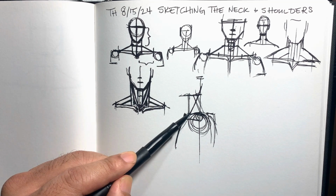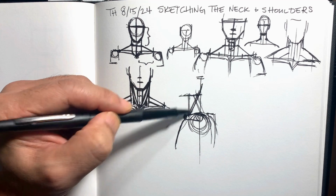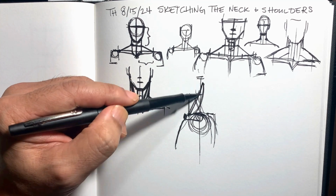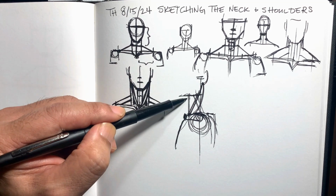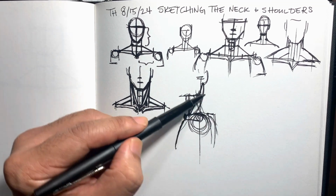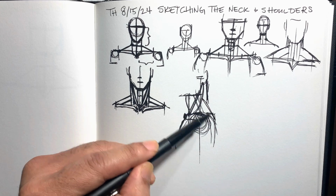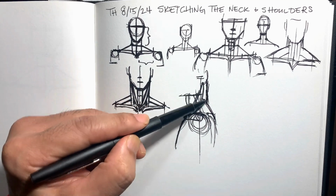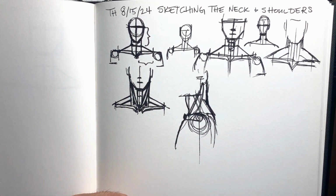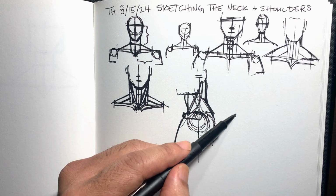So then I believe it's called the sternomastoid. I could be wrong. Looks like that. And then the trapezius. So that's how you get that contour of the neck. So when you draw it simplified, it would be